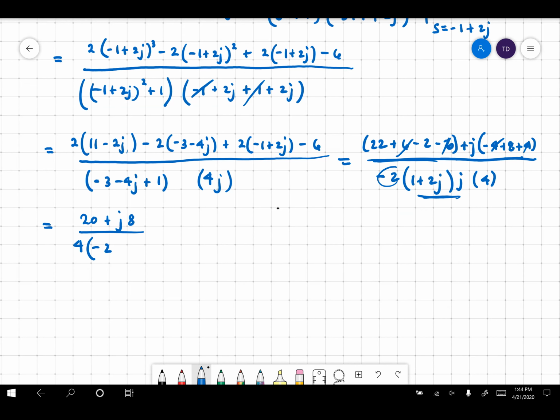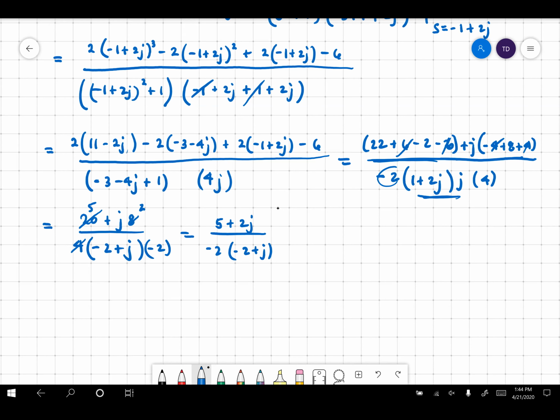So minus 2, and then plus j. And then leave this minus 2 here, so I can cancel with this 4. So when I cancel with this 4, I'm going to end up with 2, 5. So it's 5 plus 2j divided by, leave this negative 2 here right now, and then I have minus 2 plus j,